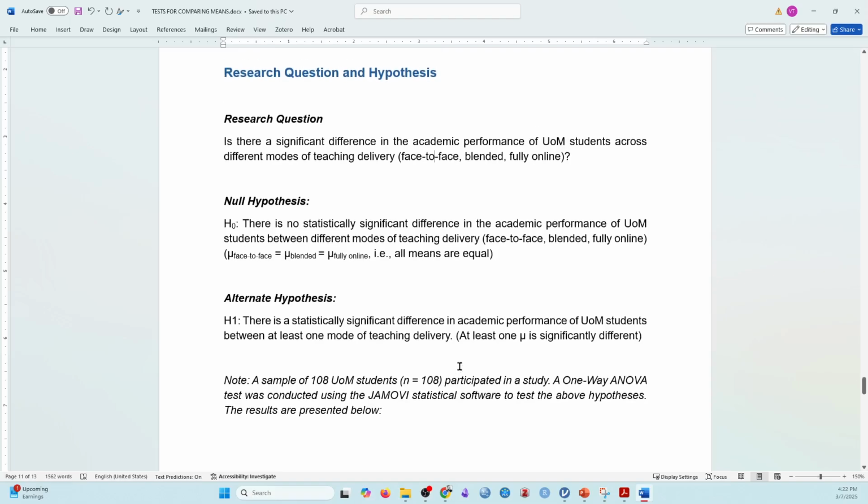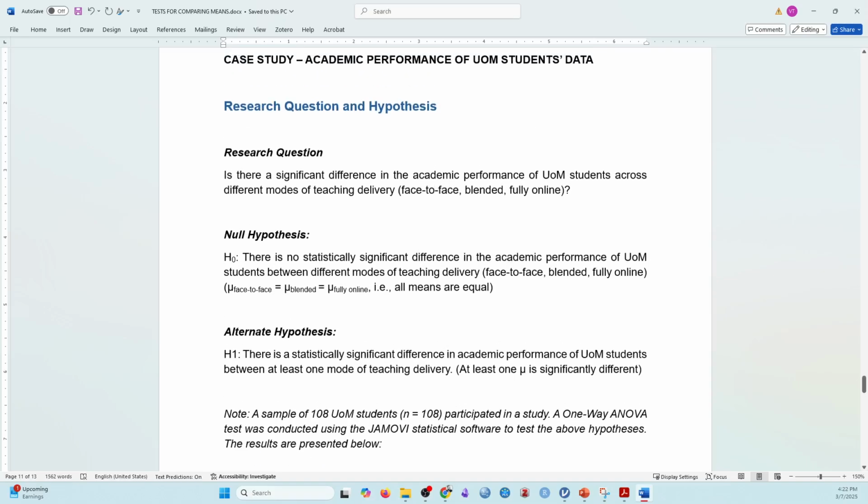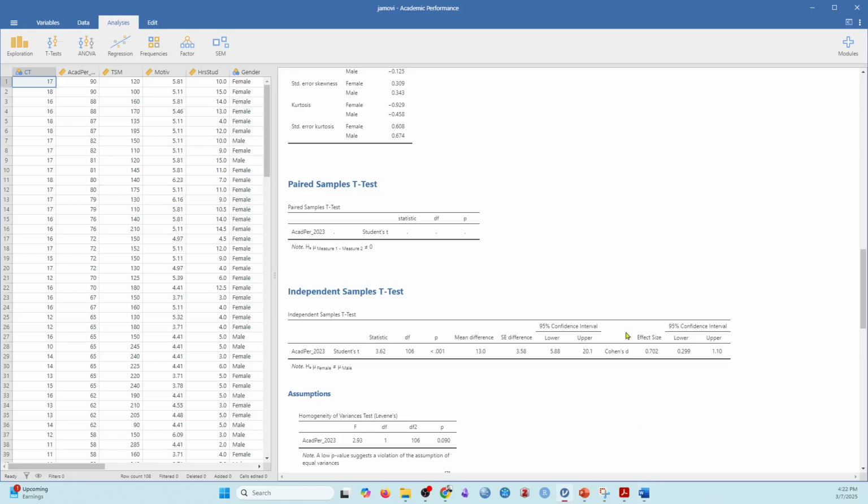So it's a sample based on 108 students, all right? And that's the data we're going to use, and we'll perform the one-way ANOVA using JAMOVI. So let's now move to JAMOVI and perform the one-way ANOVA. To do so, we go to ANOVA and one-way ANOVA. All right, so we click on one-way ANOVA,